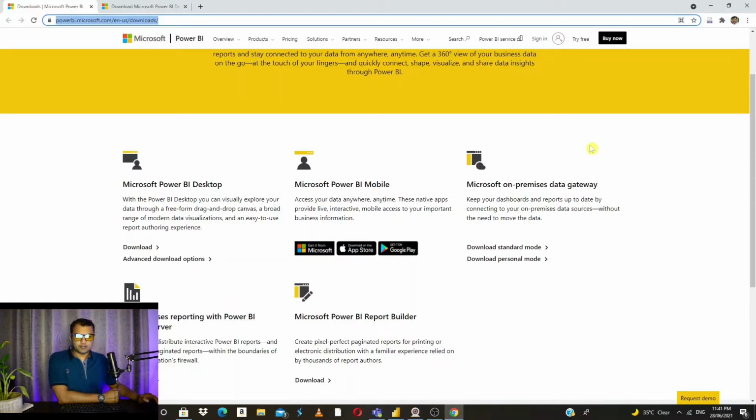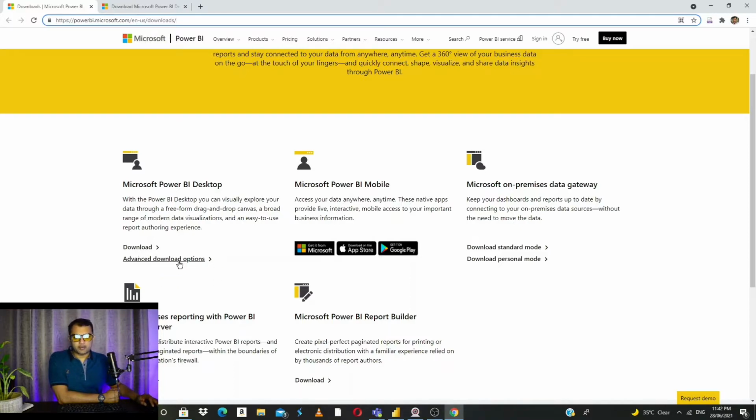To start with our Power BI development, we need to get Power BI Desktop for our exercise. For that, we can get Power BI from the Microsoft website, which is powerbi.microsoft.com. Once you reach there, you will have two options, either to download through Marketplace or through the Advanced option.